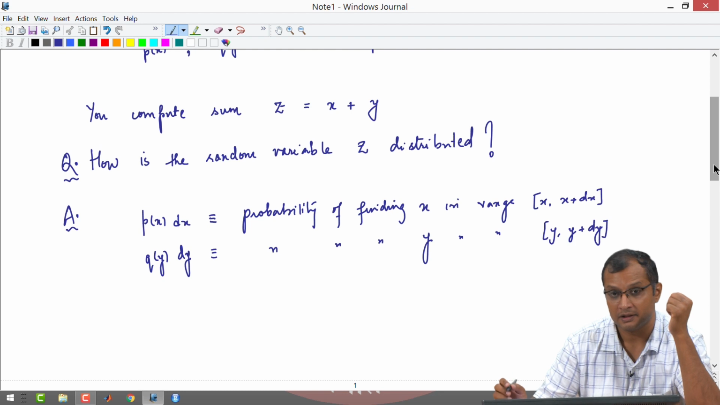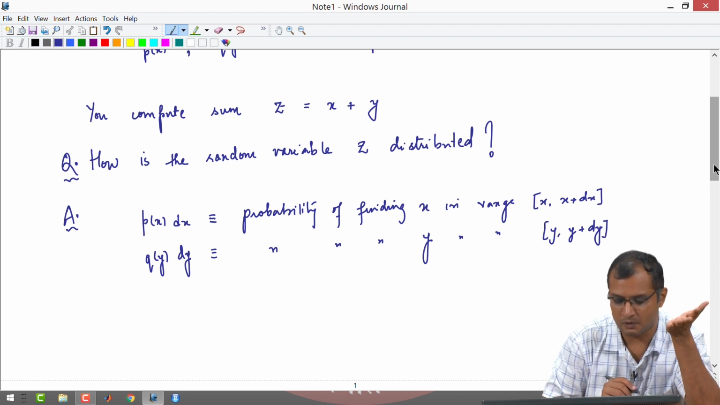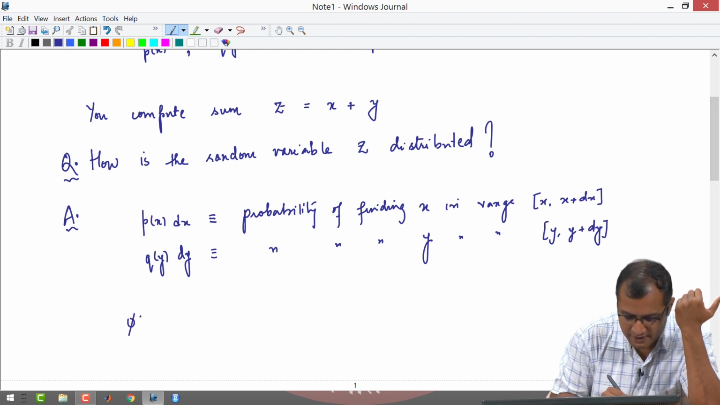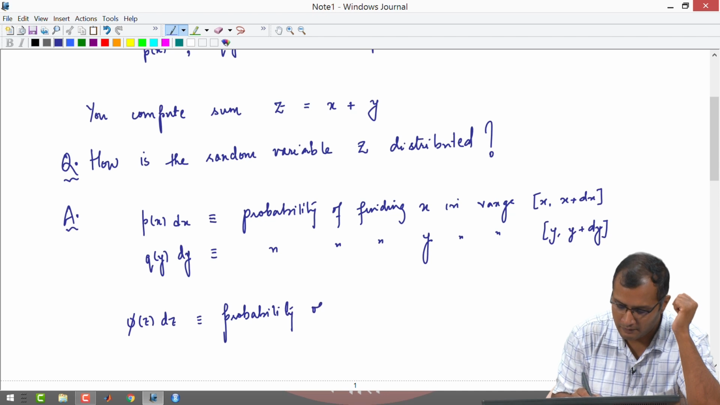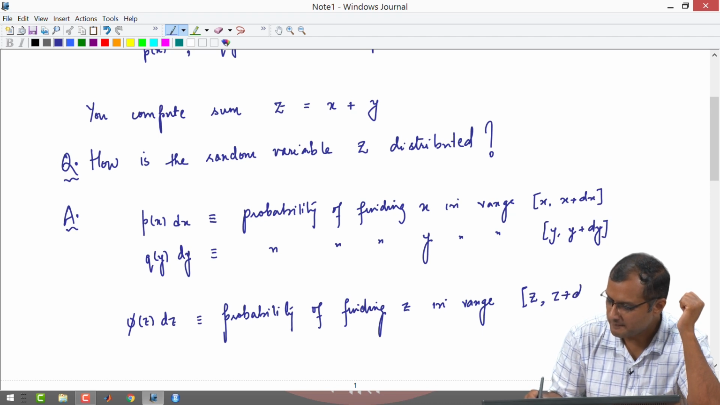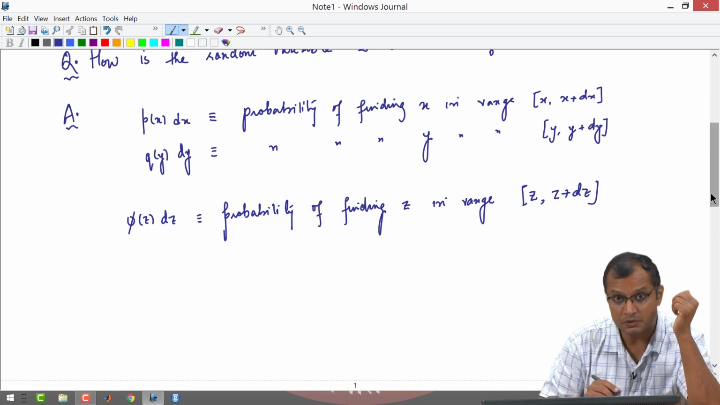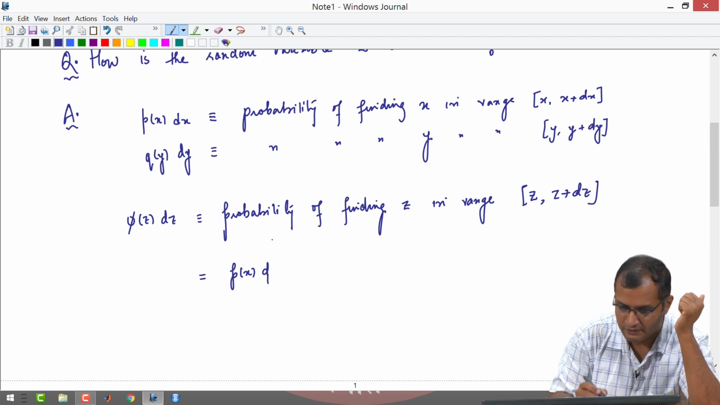So, you have to be careful here. If I am asking what is the PDF of the random variable z, which is basically the answer to the question how is the random variable z distributed, let us say phi of z is the PDF of z, then phi of z dz is the probability of finding z in the range z to z plus dz, okay, which should tell you that you have to be careful here, in the sense that you can't say phi of z dz is p of x q of y